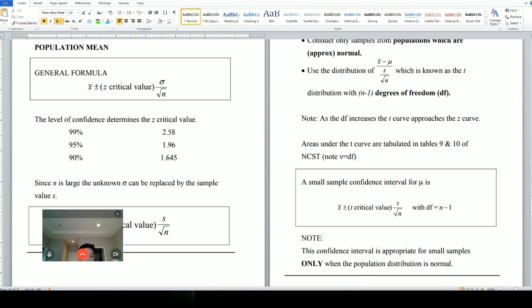But as n tends to infinity, as your sample here gets large, this becomes